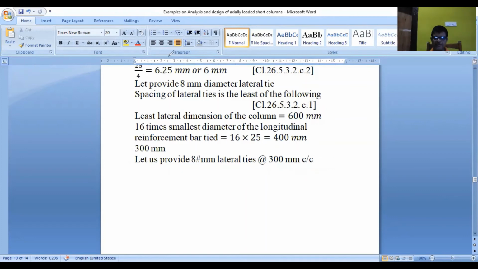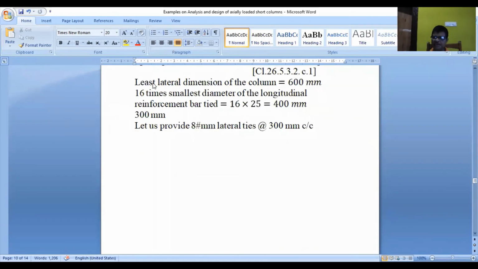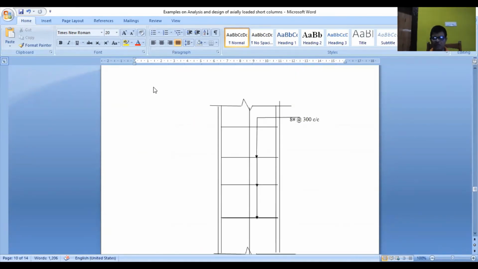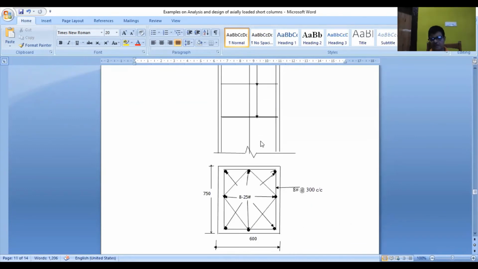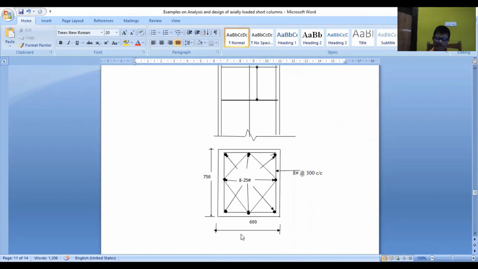Now once you find this section and the steel areas, both longitudinal and lateral, go to the similar kind of cross section detailing you have to draw, and here you see the 600 and 750. Now you got 6.78 bars, so you cannot provide 7. So 4 bars at the corners, then you cannot give 3 bars, so you give another 4 bars because there should be symmetry. So here will be 2 bars and here 2 bars. Instead of 7, we are providing 8 bars.